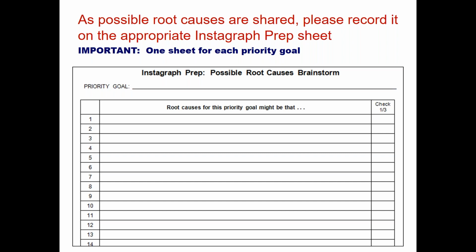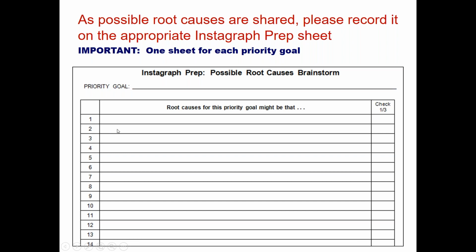So every time someone comes up with an idea, each person will have a copy of this form at their seats. And so when you're facilitating this, you'd say, okay, so number 1 was we don't offer enough sections of our highest level math in 4th grade. And then everybody would write that down next to number 1. Then, whoever comes up with another idea, that would go down to number 2.